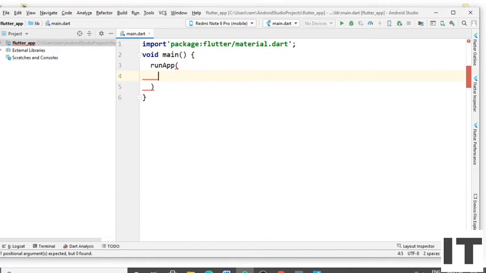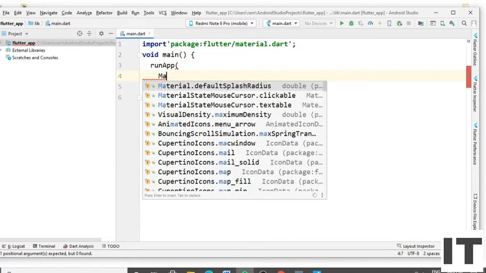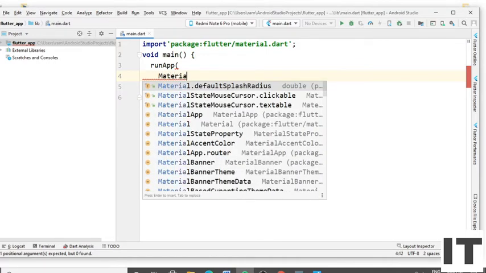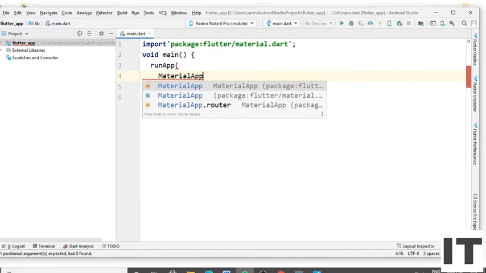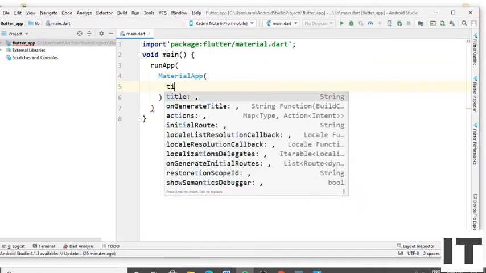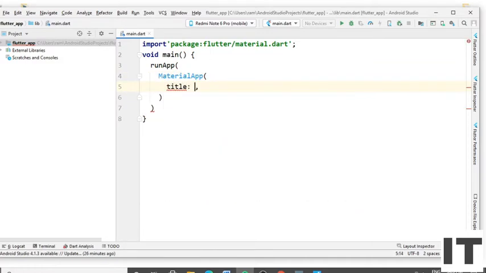In the runApp method, define the MaterialApp widget and give the title. Type the title. Put the single inverted comma and type the title.